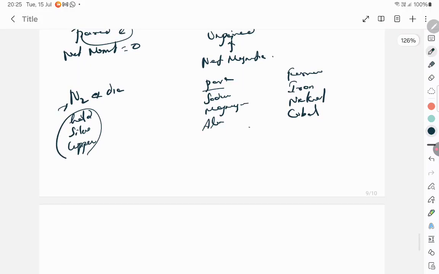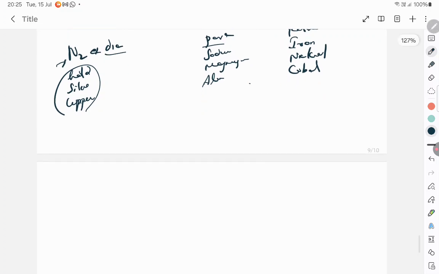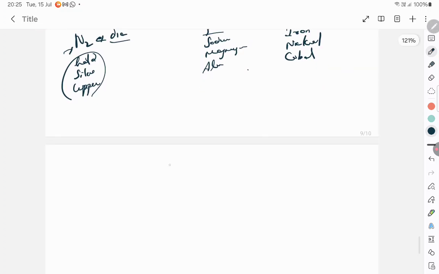And so, other than this, if they ask you about water or any other element, you see if it has paired or unpaired electrons, and based on that you can classify them as dia, para and ferro. Let's go to this, which is a ferromagnetic substance. Why is that? When you place a specimen inside a ferromagnetic substance, it gets strongly magnetized in the same direction, whereas a paramagnetic substance gets weakly magnetized